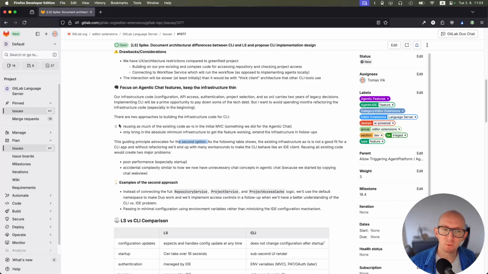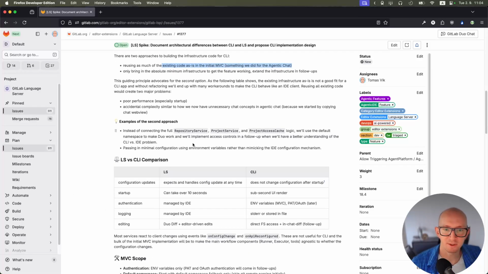But if we would just reuse all the existing code and figure out small workarounds here and there to make it work as a bulk, then we won't have motivation, or it's going to be too complex to go back and start refactoring compared to starting small and making incremental changes. So the examples of this are,